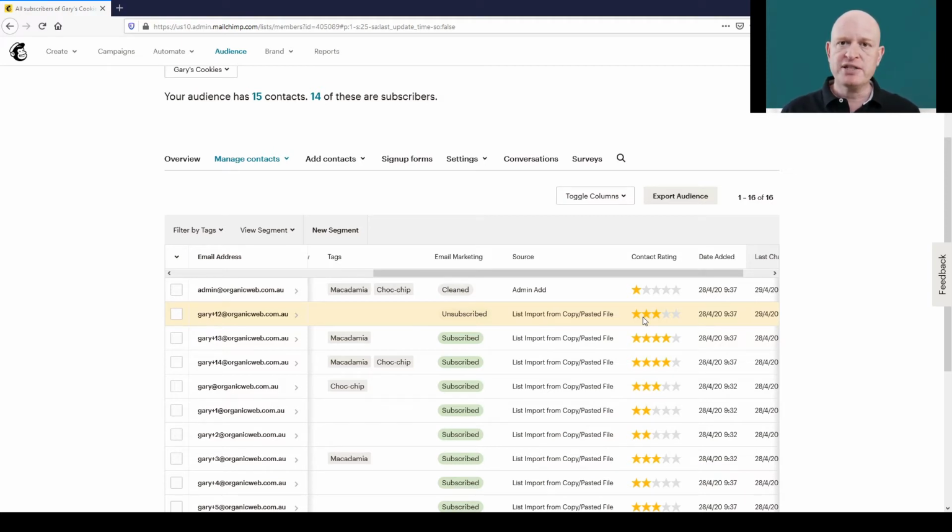Therefore, they're a prospect. So we can create a segment of those people in MailChimp, those people that are 3, 4 or 5, that will help identify our prospects. So what we would do is add our leads into our MailChimp audience. In other words, then they're 2-star. We would send an email or a number of emails to those people. And then as they go up to a 3, 4 or 5 contact rating, they're our prospects.